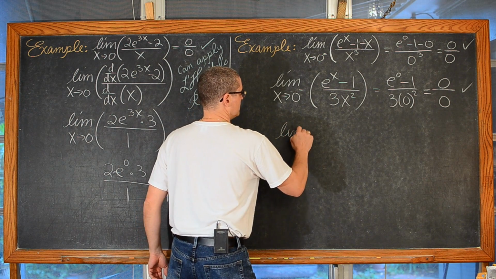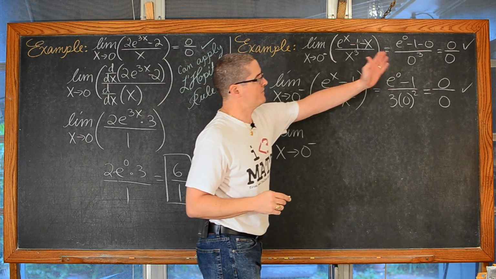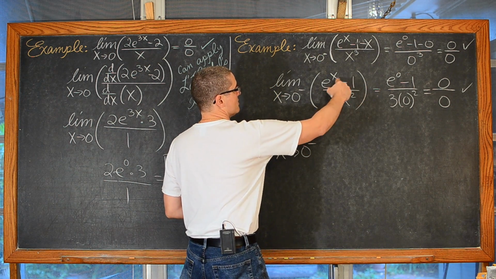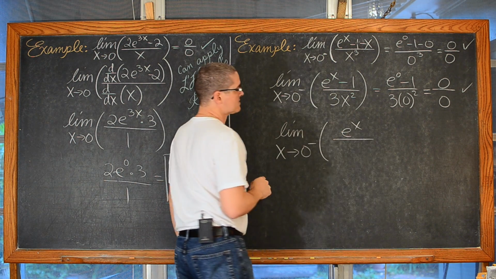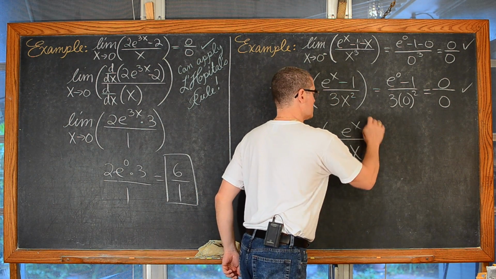The limit, but let's just apply this again. The limit as x approaches 0 from the left. Again, we have that condition that allows us to apply L'Hopital's rule. That's a constant, that's 0. The derivative of e to the x is e to the x, again with respect to x. And down here we have, bringing this power down, we have 6x.